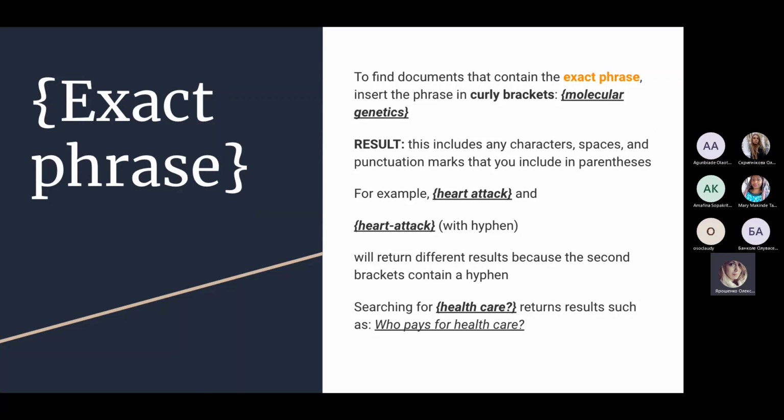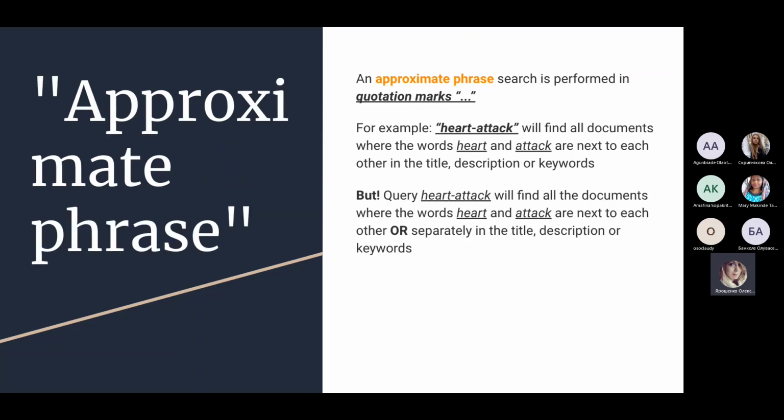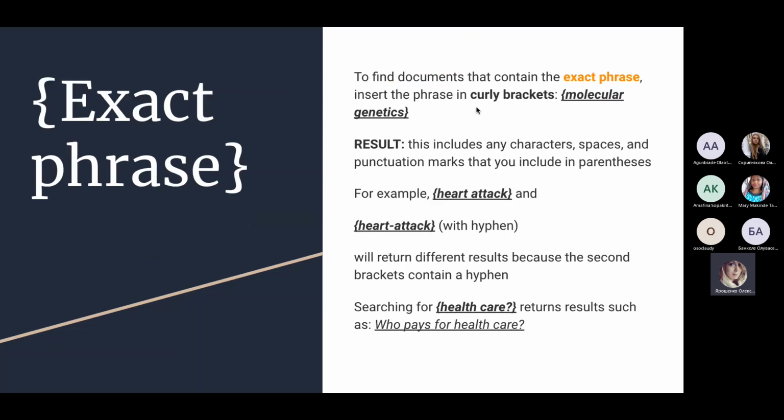Curly brackets give you the best possibility to search for an exact phrase. It could be the title. And the approximate phrase search will search for any kind of phrase which can include the words that we have taken into quotation marks. These words will be next to each other, but they could include other words in this phrase. And the exact phrase will include only those words and those punctuation and those symbols that we have included in